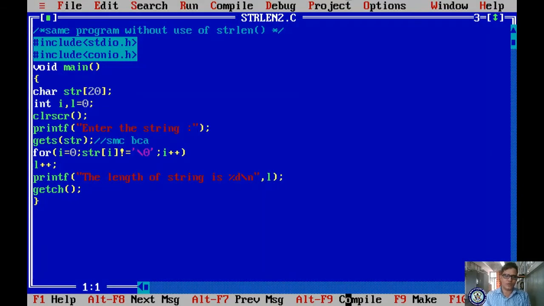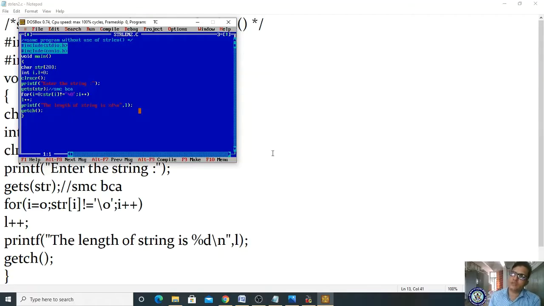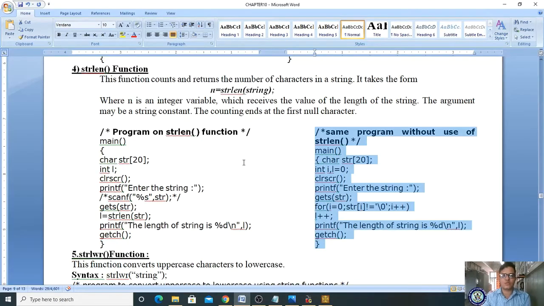If you try to print the string, it will show only the first 20 characters. Got it? We are not printing here. If you print this string, it will show only the first 20 characters. So likewise, by using the string length function, you are calculating the length of characters present in your string. That is the usage of the string length function.